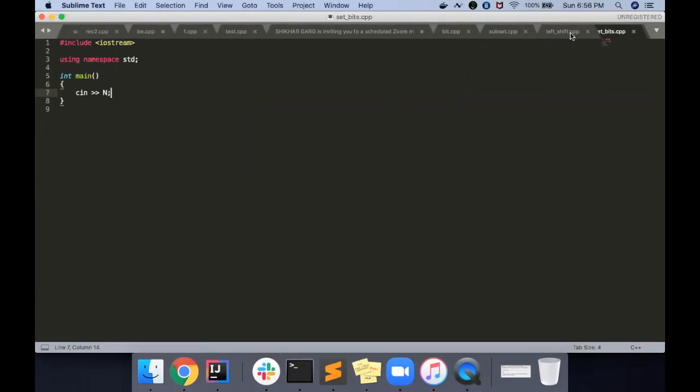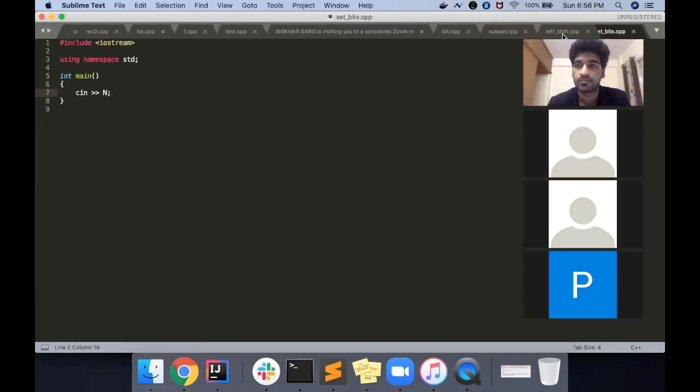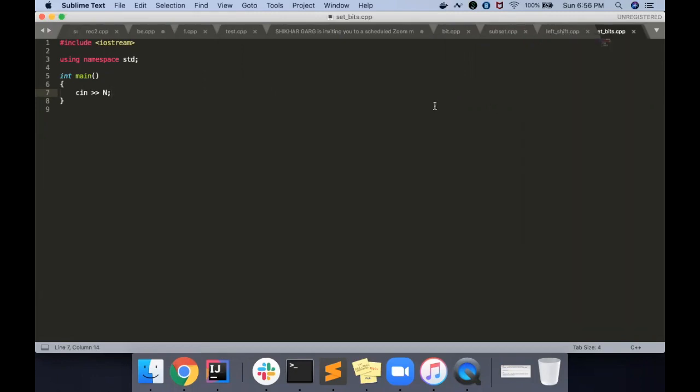Yes, sir. Okay, fine. So cin n, for i is equal to, we'll discuss about cin later. We have to write this again and count the bits. int count is equal to 0. Let's say if this number n ampersand 1 left shift i